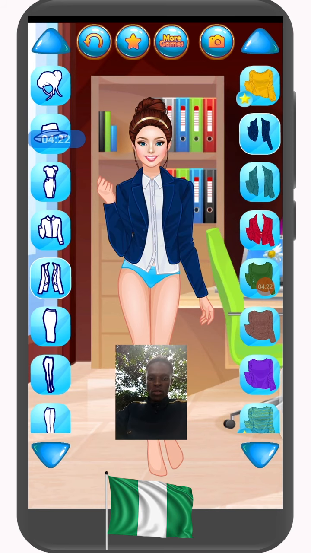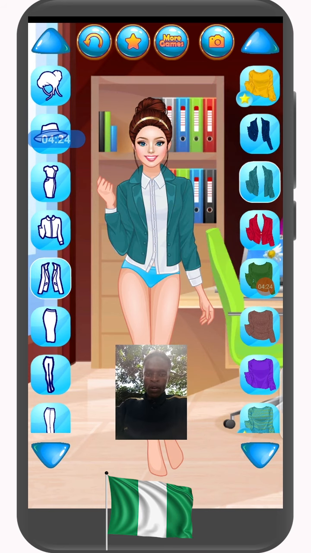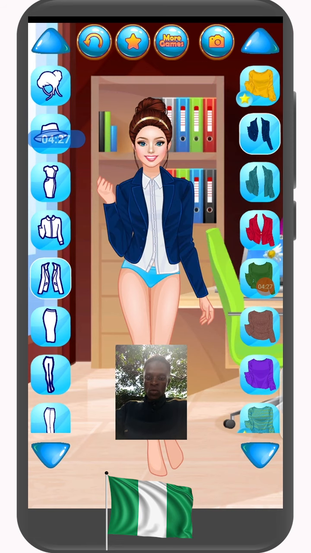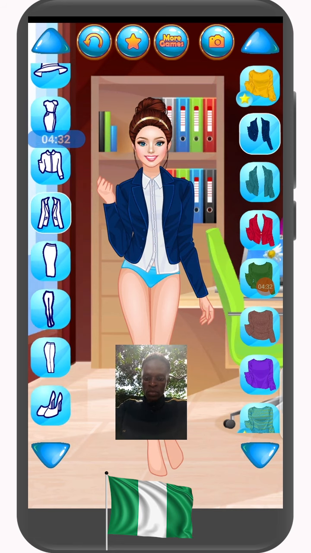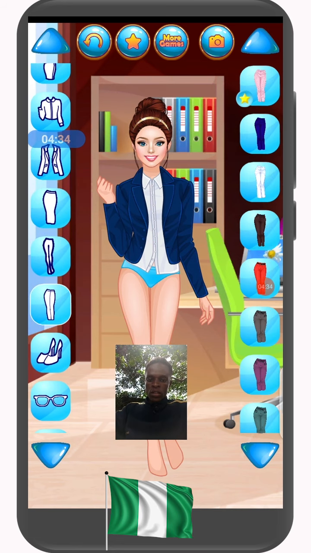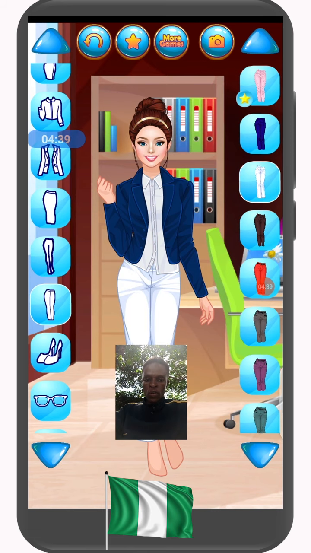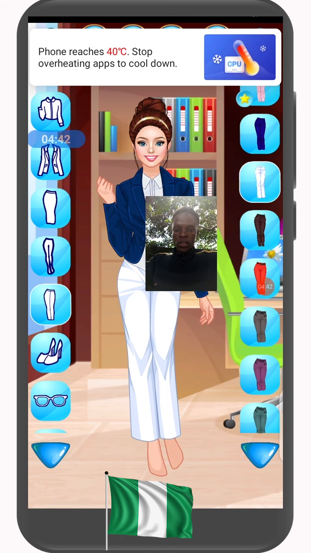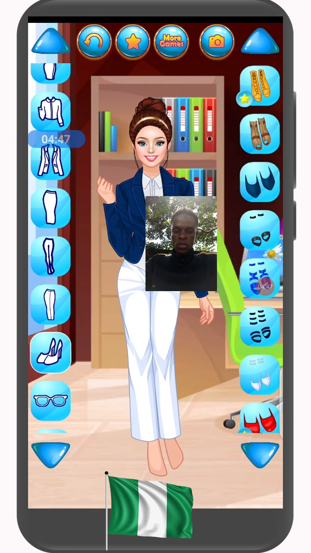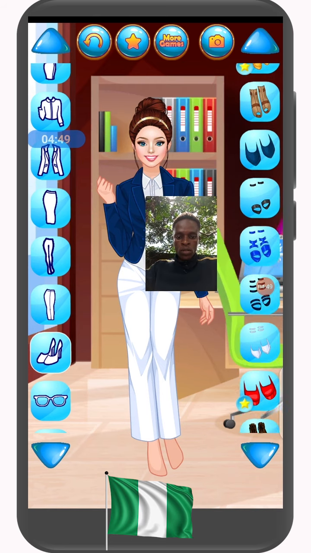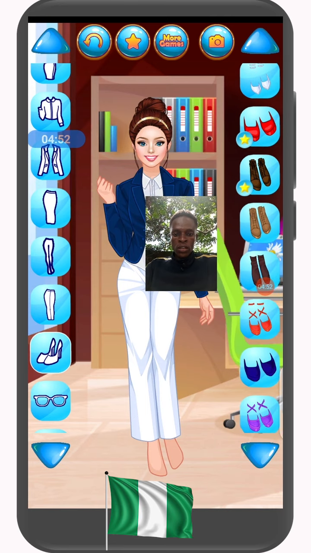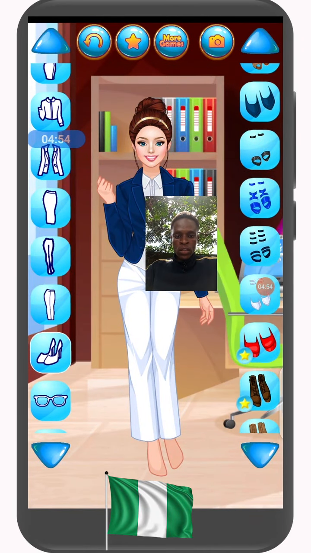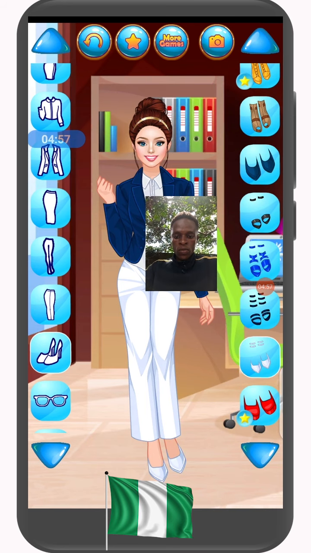These are options. I think I would like the black. This one, I think I'm okay with it. I actually would not prefer skirts. Let me look for a trouser. I think trouser will be okay. So I think I love this. Again, glasses. Okay, shoe. Let's go for shoe. You can select from any of these, but I think I'm okay with this. Let me go with this white one.